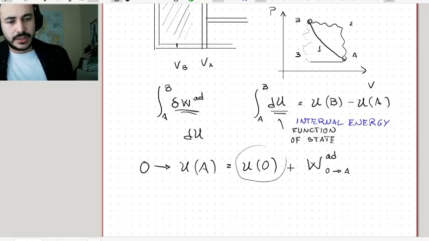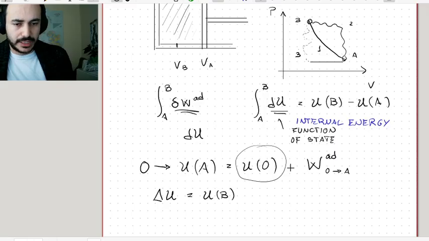This additive constant is actually not a problem, because I'm always going to be interested in changes in the internal energy and not the absolute value of the internal energy. And when you are talking about the change of internal energy when going from any state other than the reference to any other state, say from A to B, like we did in a drawing here, then this is, of course,